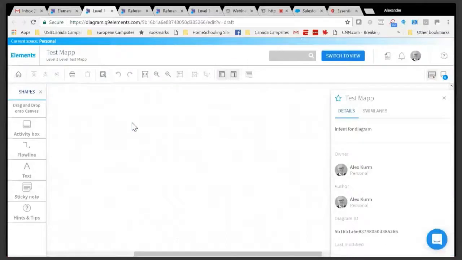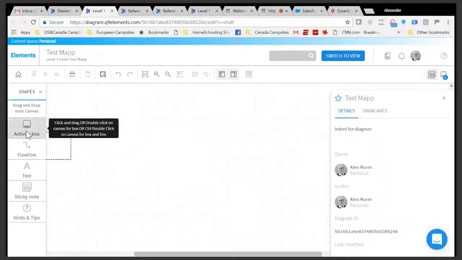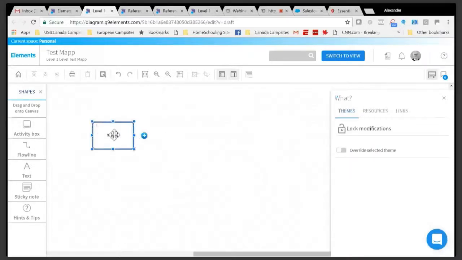Like I said, it's free. There's no cost to you. It's not a trial period. There's no annoying trial periods that get removed. It's free forever. Okay. You can simply drag boxes over and type in whatever you want, or you can just